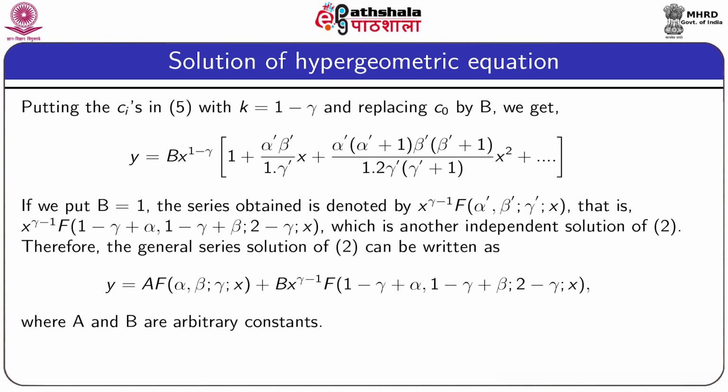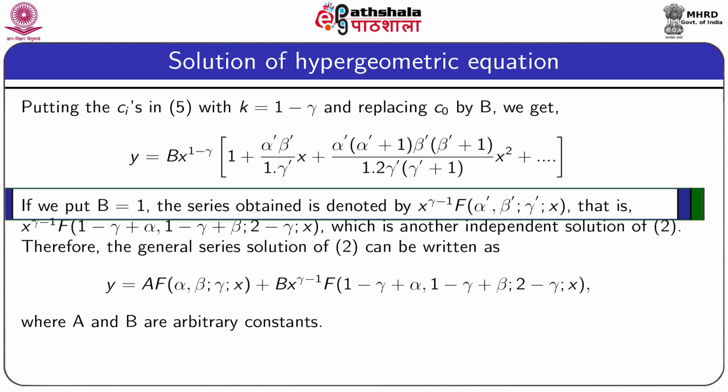Substituting all the values of Cj's with k equal to 1 minus gamma and replacing C0 by the constant b, we will get y equal to b into x to the power 1 minus gamma [1 plus alpha dash beta dash divided by 1 dot gamma dash x plus alpha dash into alpha dash plus 1 beta dash into beta dash plus 1 divided by 1 dot 2 gamma dash into gamma dash plus 1 x square plus dot dot dot]. If we put b equal to 1, the series which we will be getting is denoted by x to